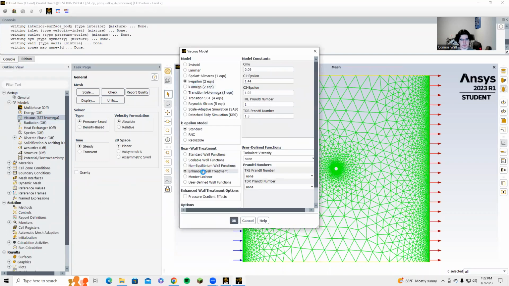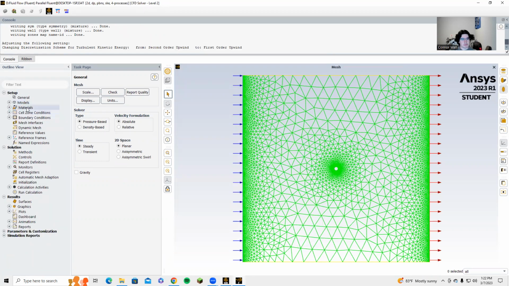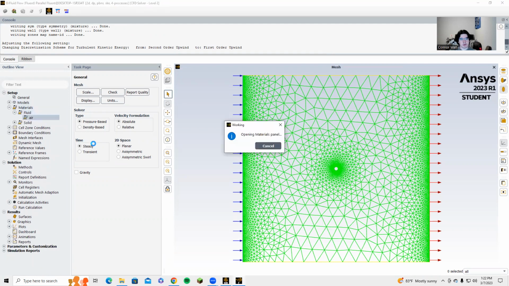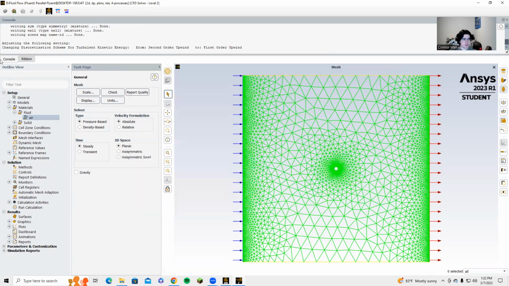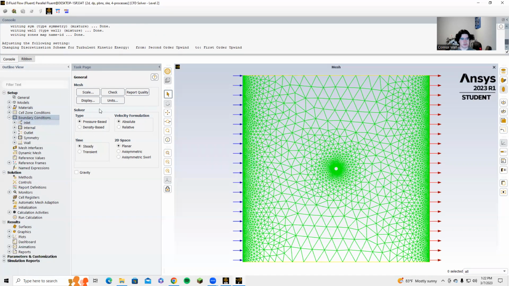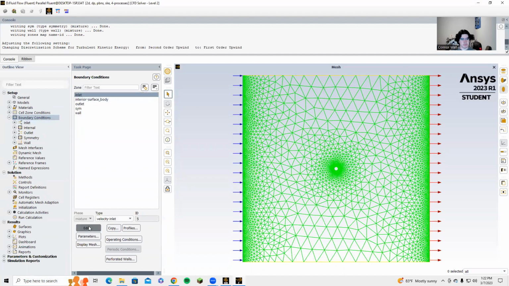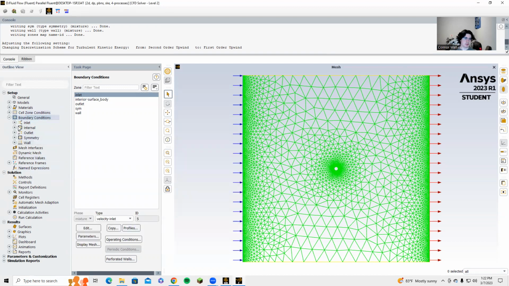K epsilon, enhanced wall treatment pressure gradient. And then materials, fluids, air. Density stays the same. Viscosity, I just made a little better or a little greater. Boundary conditions for this one. When finding the velocity at 150,000 with the parameters, I got 21.9097. Just apply, close, and then